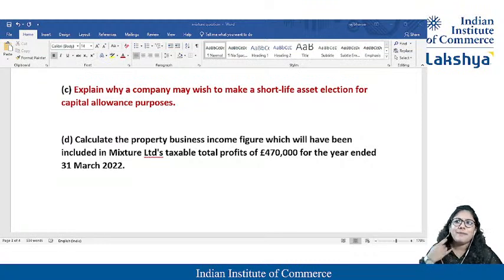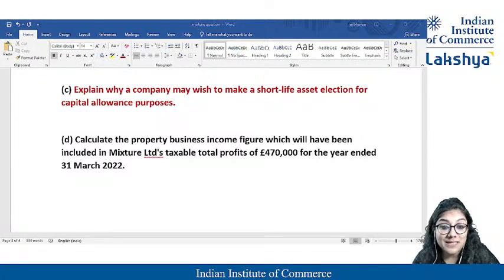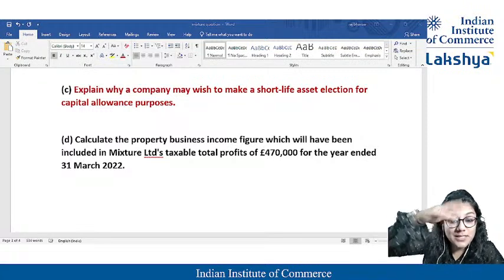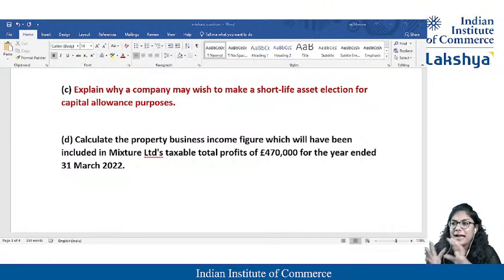So what is short life, ma'am? Is it like 12 months? No, students, please don't make a mistake. Short life asset means the life of the asset is 9 years: the year you purchase along with that 8+ years. Yes, that is short life. And if I'm not selling it also, so yeah, that becomes a short life. So yeah, it becomes in the pool only.